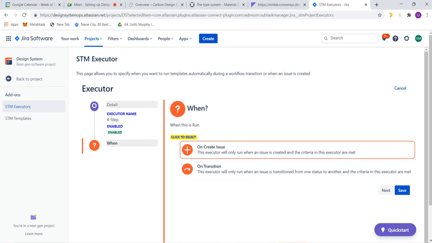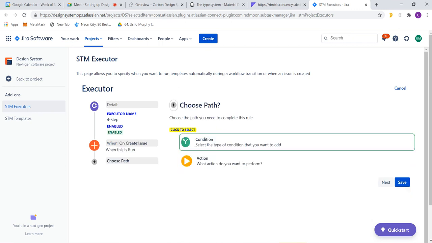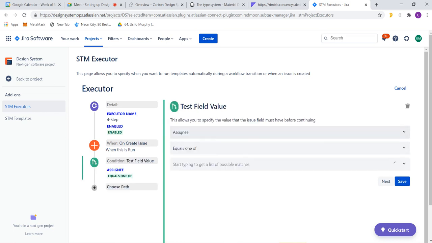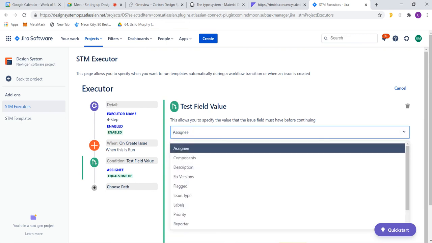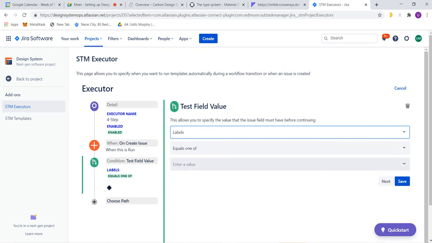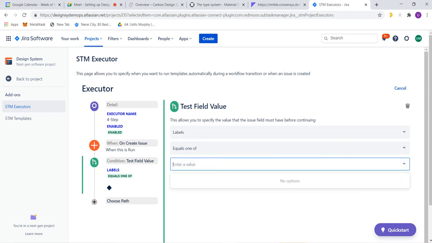When you say run or creation of issue, on what condition should it run, right? The condition it should run should be that the click on condition when what field, right? So what field is going to trigger this issue? What is going to make this issue run, right? So we're going to say, let's see, when labels, right? When labels, no, we don't want to use label, right? We can equally say when label is, we don't have a value for label. Let's say process, for example. When label is process, right? This issue should run, right? This issue should run. So when my label is a process, this issue should run. So I'll click next,